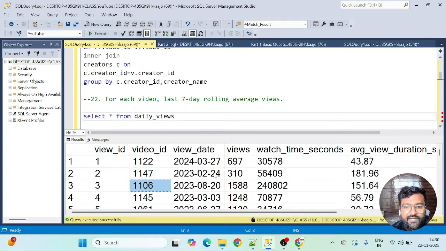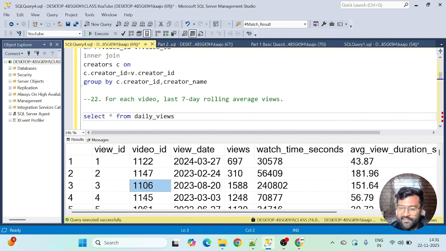A video might span views on multiple days. For example, if a video on YouTube was published one month back, you will have views for all the days. But in the question they are only asking for the average views of the last 7 days. Let's say today is 22nd of November, and a video was published on 1st of October. Since 1st of October to 22nd of November, people must have watched that video on multiple days. But still we have to find a way to get the average of views only from the last 7 days.